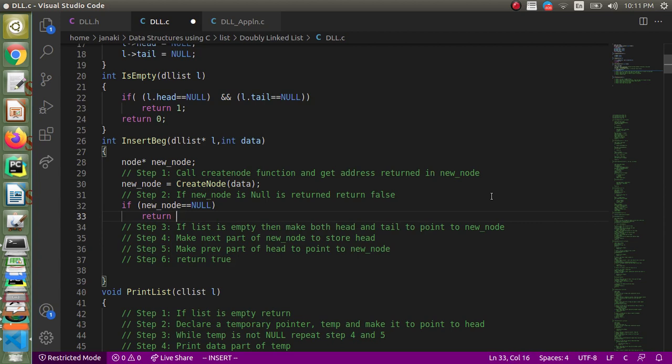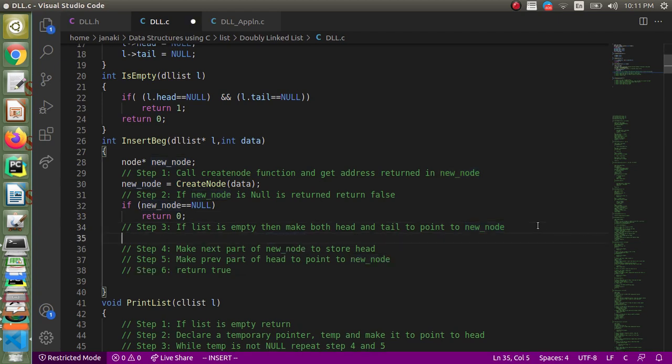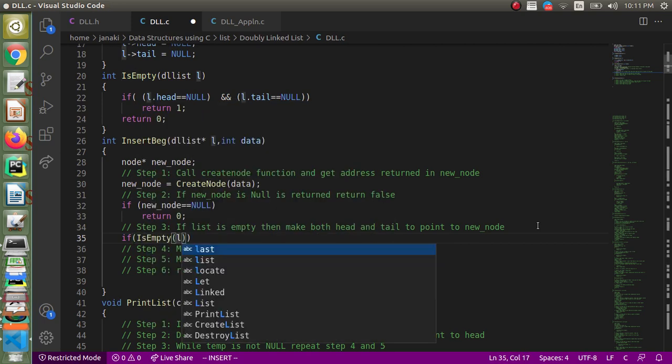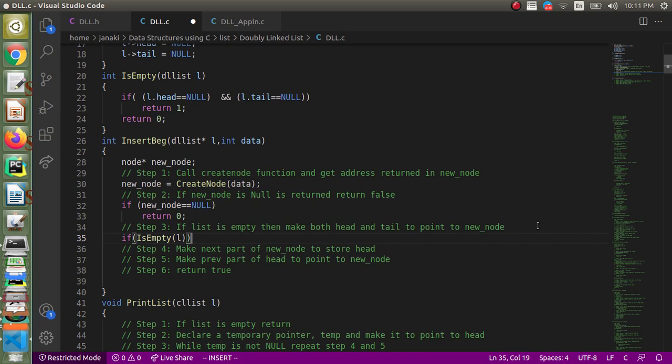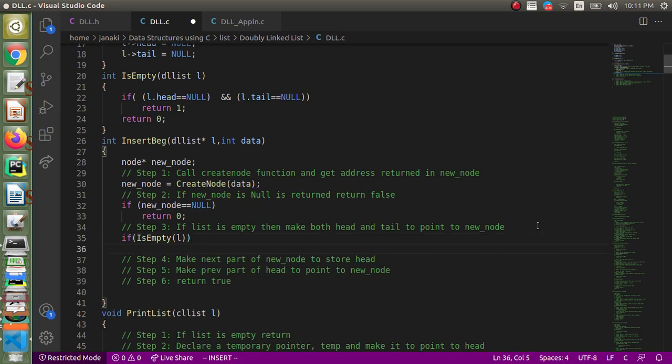We are writing C code, so there is no Boolean data type, so we have to return 0 to indicate failure, that is equivalent to false. Otherwise, we have to check if the list is empty. So we call the isEmpty function, and we can pass it by value, and then if the list is empty, we have to make both head and tail, head equal to null and tail equal to null, right?